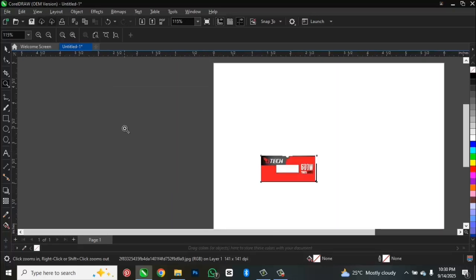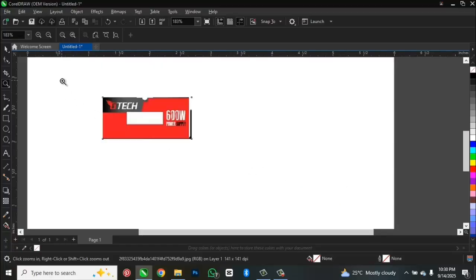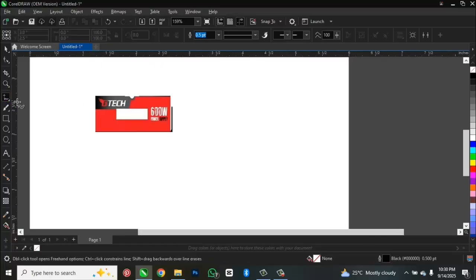You guys know what that means now. You can see it, zoom in or zoom out. Then we have our freehand tool. Our freehand tool is used to draw a straight line. You can see it is used to draw a straight line